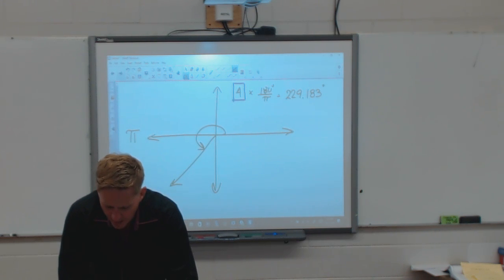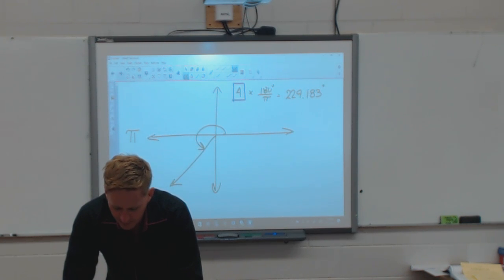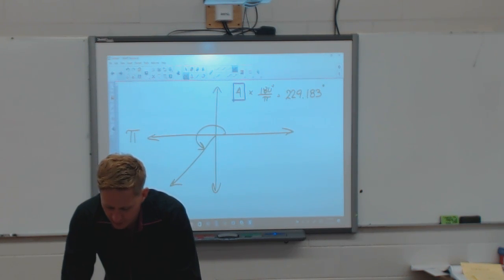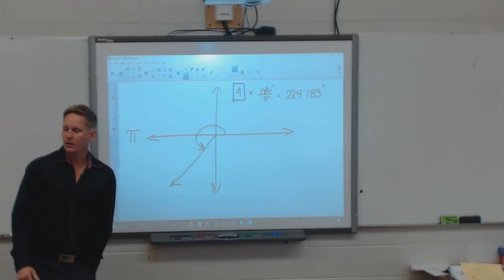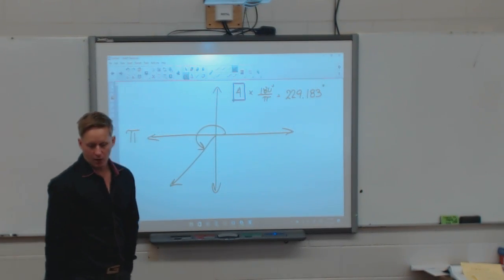The ring road around eastern part of the city of Regina is almost a semicircle. Estimate the length of the ring road if the radius of the circle is 4.9 kilometers. Okay, so what are we looking for? The ring road,